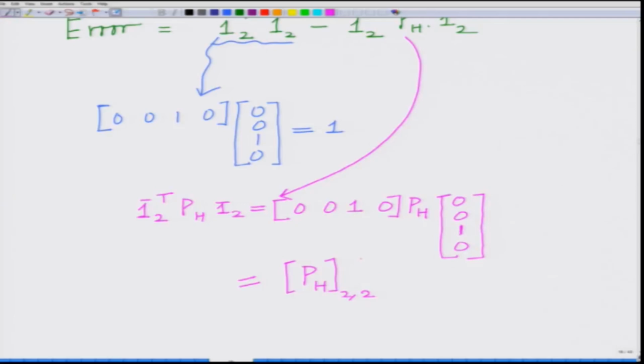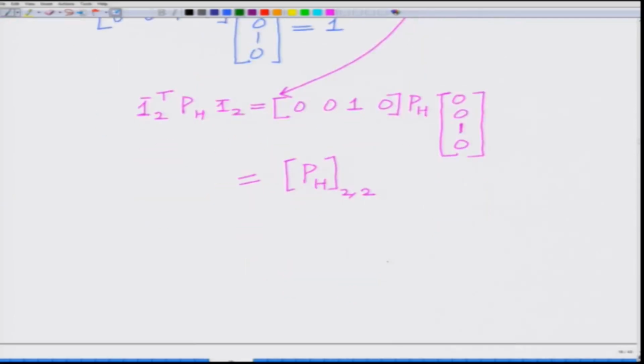So, this is P_H(2,2), and this notation denotes